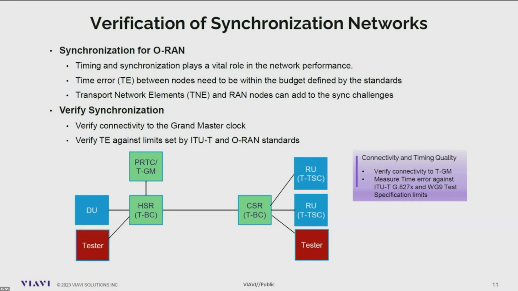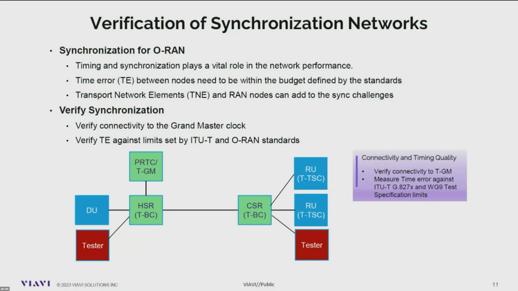also properly configured. If they are not configured properly as boundary clocks, then the radio won't be able to lock. And if the radio doesn't lock, then it won't work, right? You can't transmit. So basic connectivity testing, make sure we can reach the grandmaster through all of that equipment on the way to the grandmaster, and that the grandmaster is obviously locked itself. And then the second thing is the time error limits. That is basically just making sure, right, that we can emulate a slave, just like here, a radio unit, and measure the time error